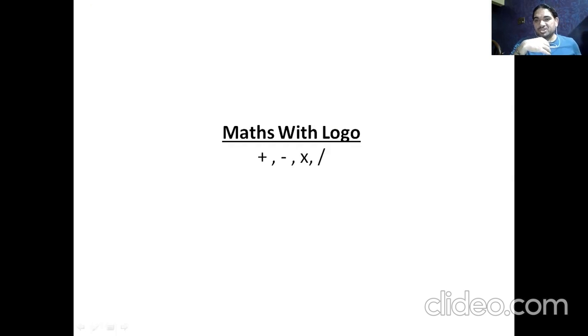As I told you, 20 minus 10, the final answer will be 10. Multiplication, for example, product. When we talk about product, that means the final answer you get. For example, 5 multiply 2, the answer will be 10. So in the printing command, you can type this. Again I repeat, sum is for addition, differences is for subtraction, product is for multiplication, and at the last, when we go for the division part, we all know the remainders and the quotients, right? That we get in the division part.